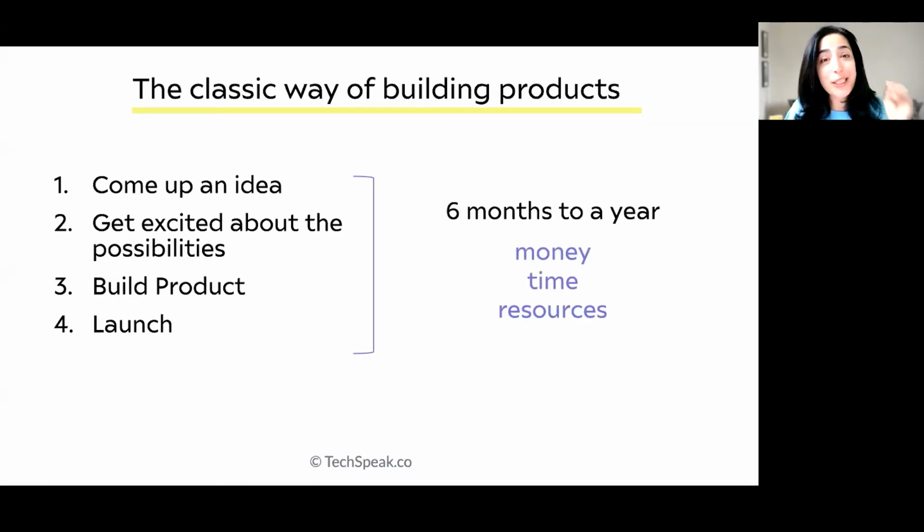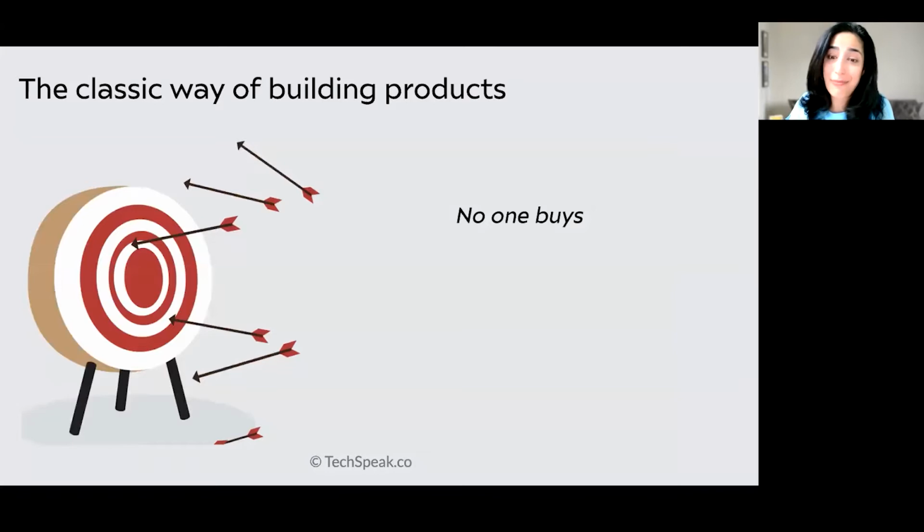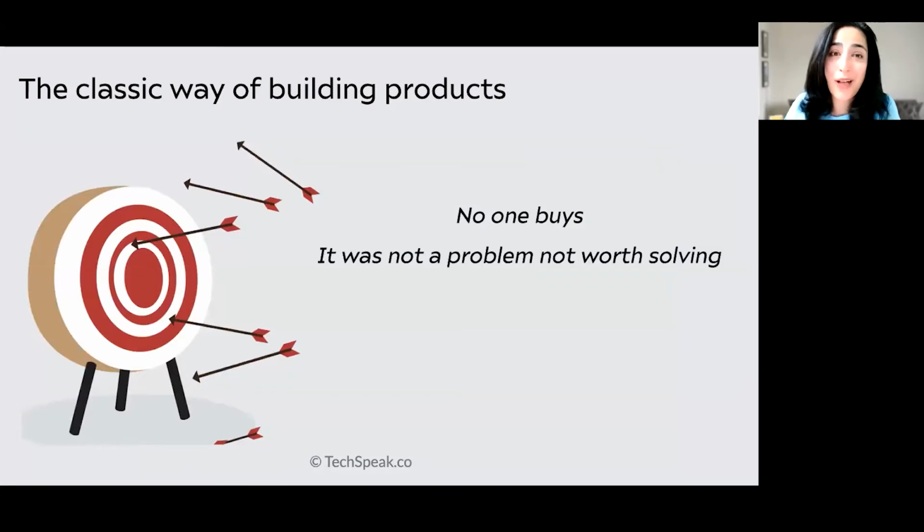So you've just committed 6 months to a year or even more of time, money, and resources, and then you get feedback. So you may have hit it on the nail, and it may be the amazing success that you imagined it in your head. But what most often happens is that you discover that not many people buy, or that it was not a problem worth solving, or you built the wrong solution, or